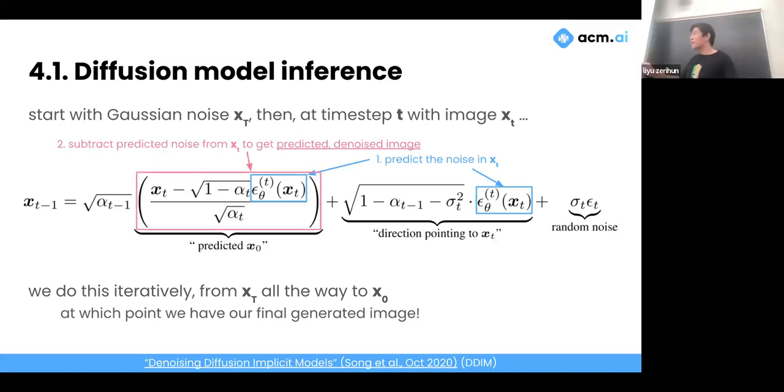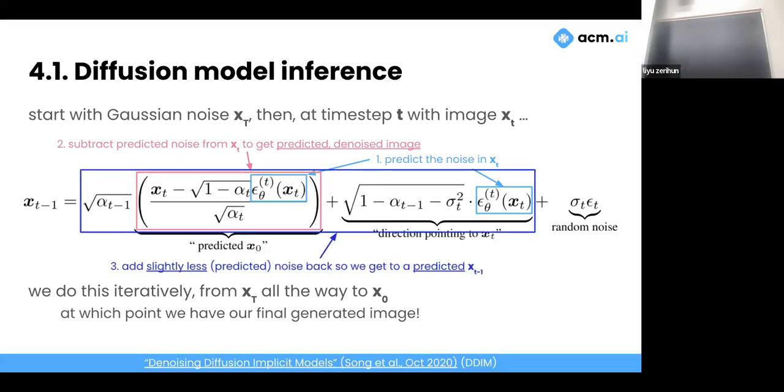Then we subtract the predicted noise from our noised input to get a predicted denoised image. So basically, this is what the model, quote unquote, thinks the denoised image should look like. And I think you can see how when t is very, very big, this prediction is very awful because there's so much noise in the image. But when t gets small, this prediction gets pretty good, right? Because it becomes much easier for the model to separate the noise in the image.